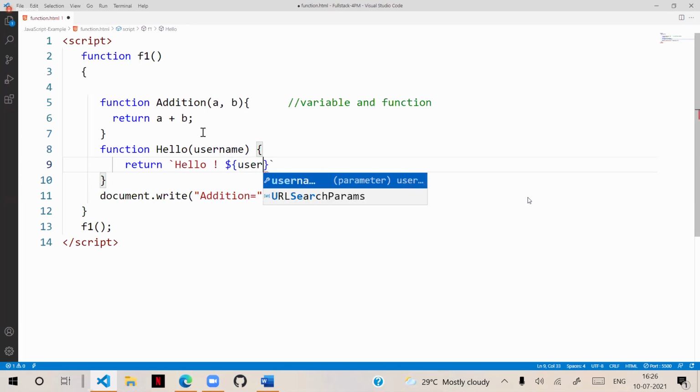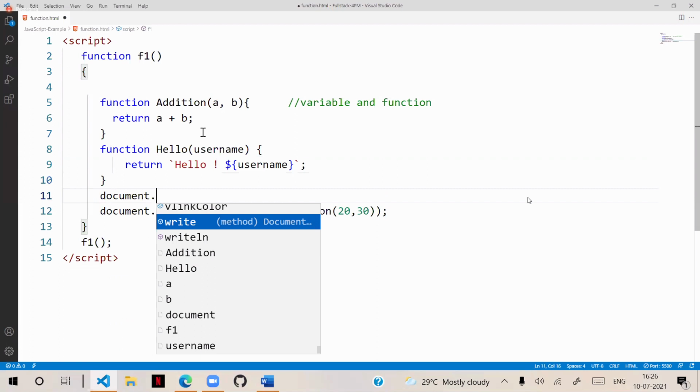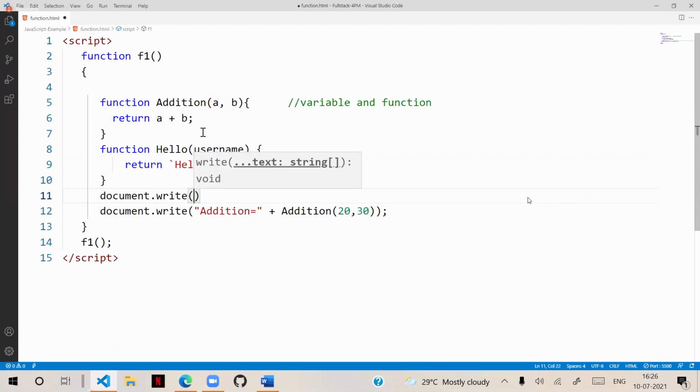Whatever username is entered, that's it. That means now we want document.write, and we call the hello function, and into that we will pass the username, which is a string, some John. That's it. So I will put a line break here.